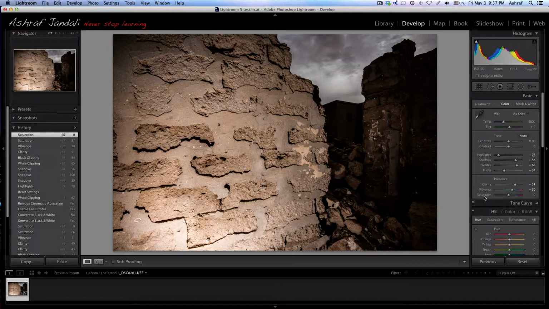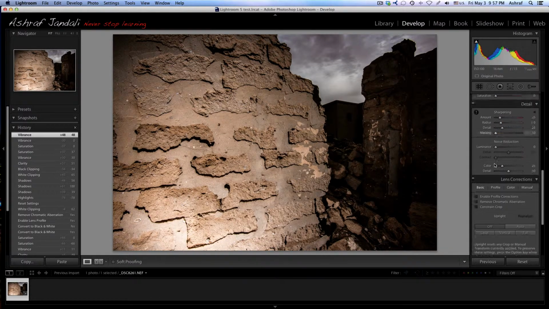When I'm double clicking the name, let's say if I double click on vibrance, it will take it to the middle and make it neutral. Just gonna increase it back again just a little bit. Okay, and I'm done from the basic settings. I can go all the way down to